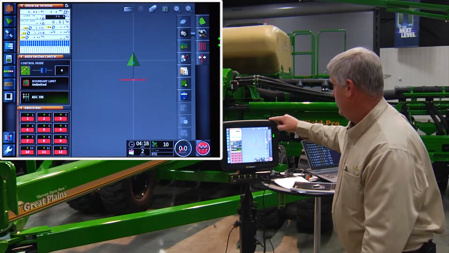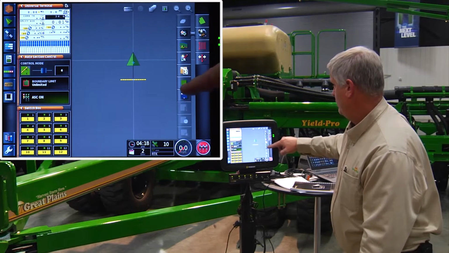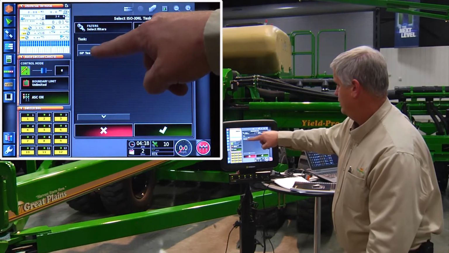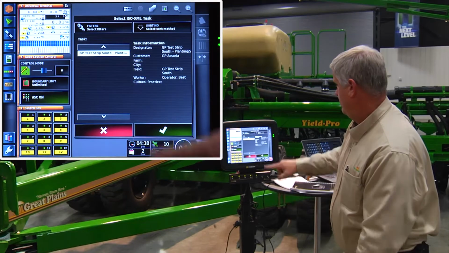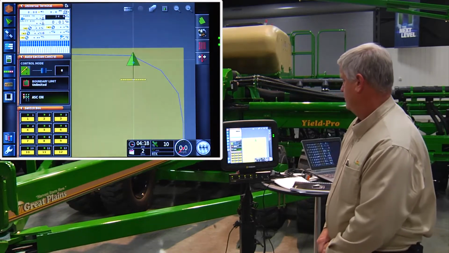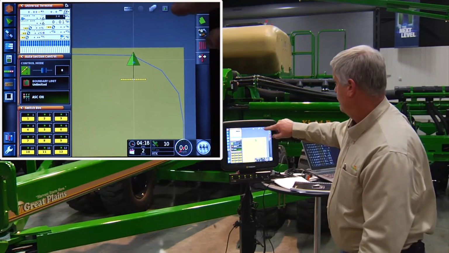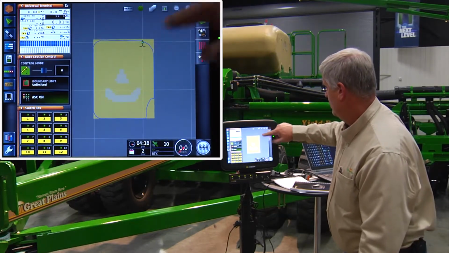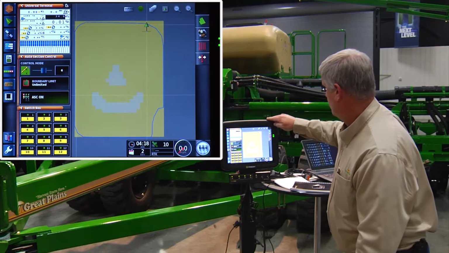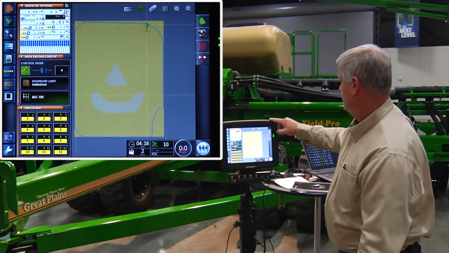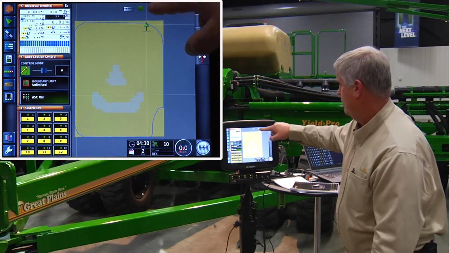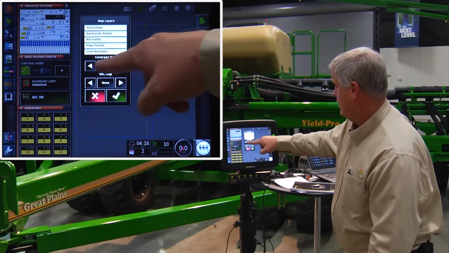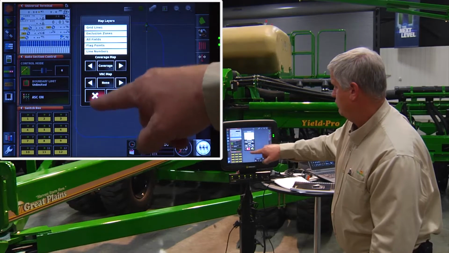Now we want to go in and load the map that we have here. So we hit the button that says this is what's on my map. There's my green check. And now we have a map that we can zoom back out and show you what we have here. It doesn't look quite like the field we're going to, but we're going to change some settings in here to make sure everything looks correct. Now we know we had a variable rate map loaded in there. So we have coverage up here, and now our VRC map